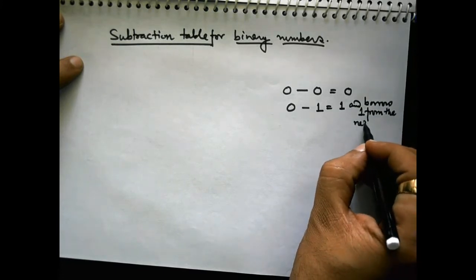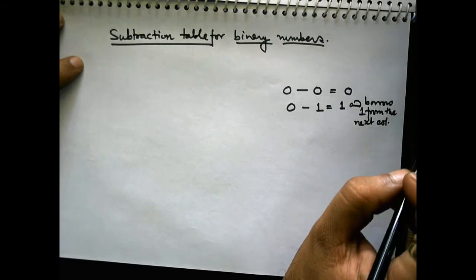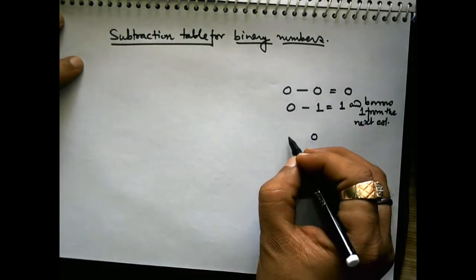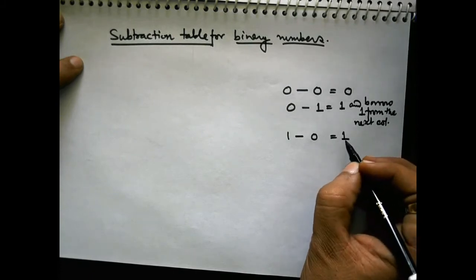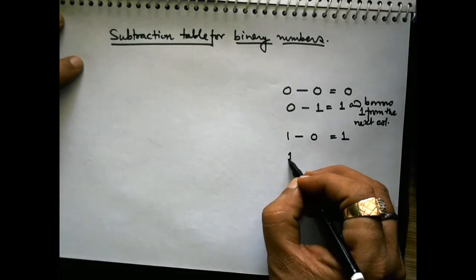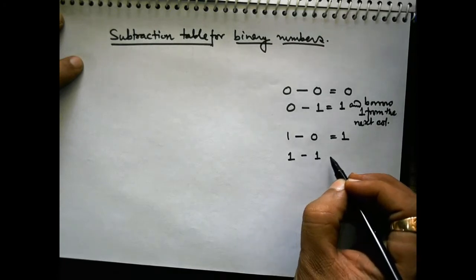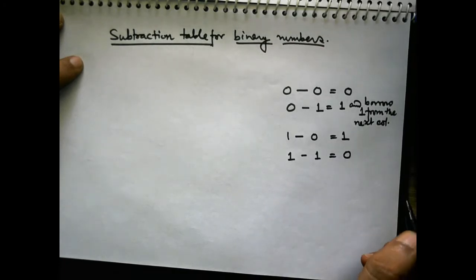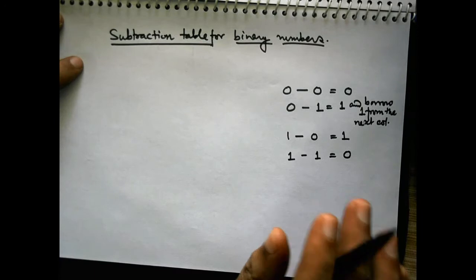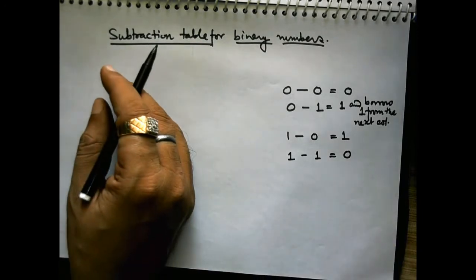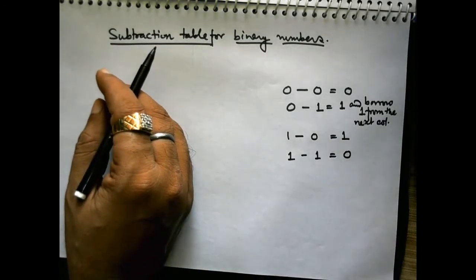When 0 is subtracted from 1, the result is 1 and no need of borrow, and 1 subtracted from 1 gives 0, and no need of borrow. In fact, borrowing a 1 from the column is equivalent to subtracting 1 from that column. Let us understand it by using an example.